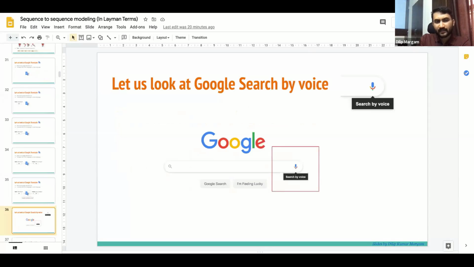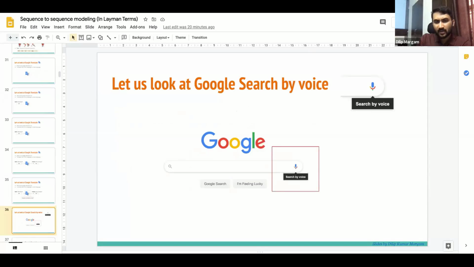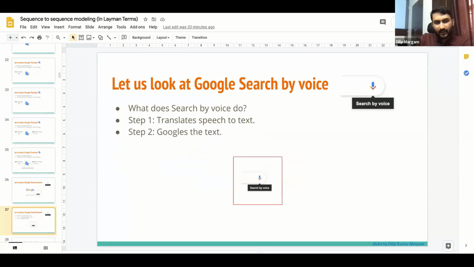Now let's look at another application that we come across in our daily life. That is search by voice. There is this search by voice option when you open the Google homepage. What does this search by voice option do? It takes a voice input and converts it to text as the first step, and as the second step, it searches for the text.